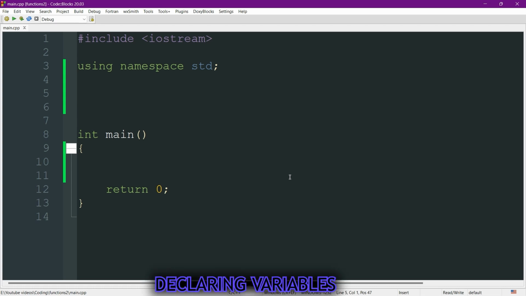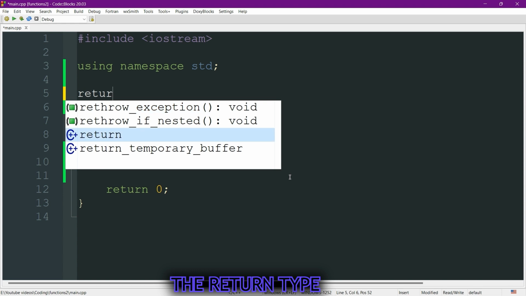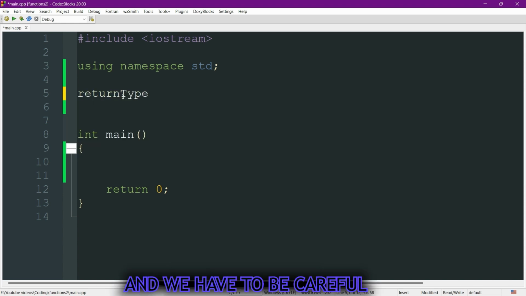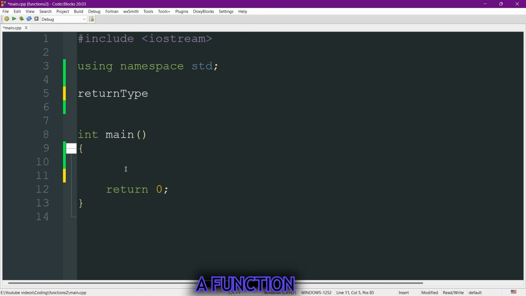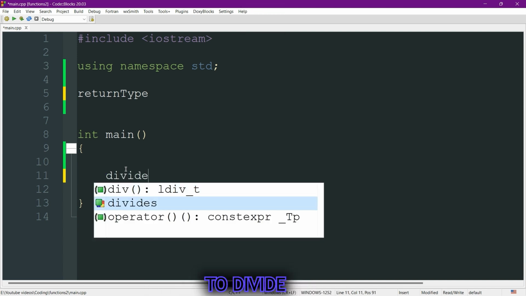As you know, declaring variables, writing for loops, etc., everything has a syntax. The same way we have syntax for functions. In its syntax, we will write first of all the return type, and we have to be careful about deciding the return type. For example, if you are creating a function to divide two numbers, alright,